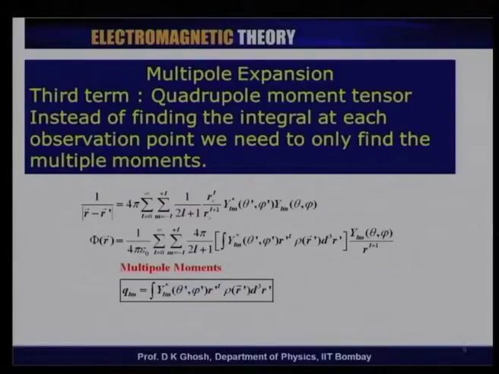Now, what is the advantage? This advantage is precisely what we talked about. I have to do one integration only of this quantity. So, let me identify this quantity to be some Q L M. It has a name, it is called the multipole moment. So, Q L M is Y L M star theta prime phi prime r prime to the power l rho r prime d cube r prime. And if you want to calculate this phi of r, you need to only do this integration once. Having done this, plug it in, and then of course, the rest of the thing will follow.